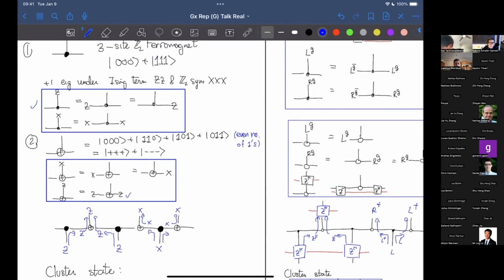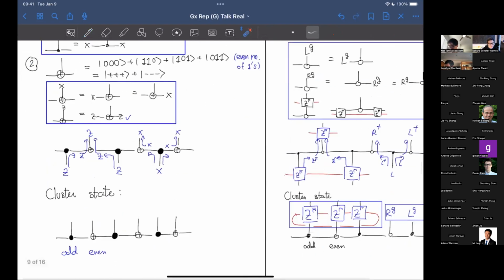Now, finally, the observation is that the Kramers-Wannier transformation, as I've defined it, maps ZZ into Z, and it maps X to XX. And now if we think abstractly as just flipping down or flipping up half of the legs, I've turned an operator into a state. And this state is exactly the cluster state I defined earlier. So the property is that